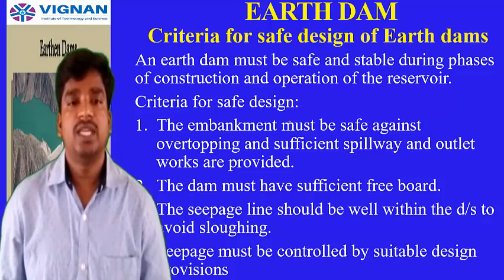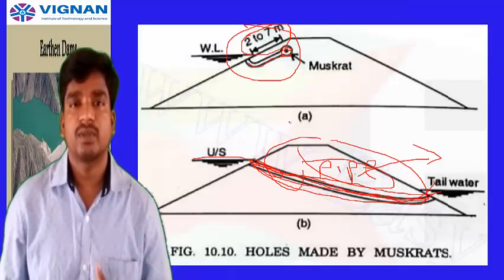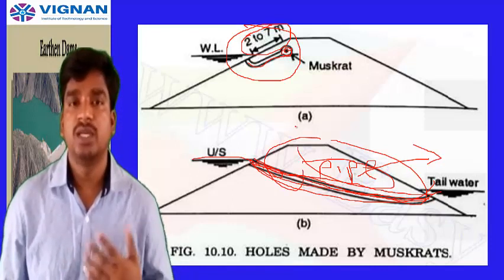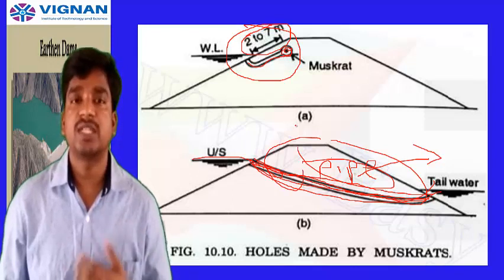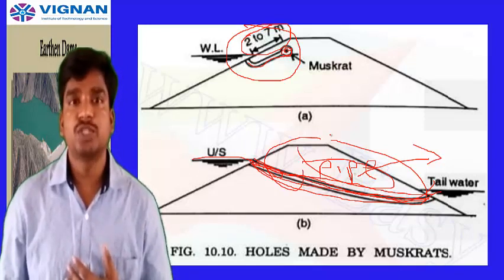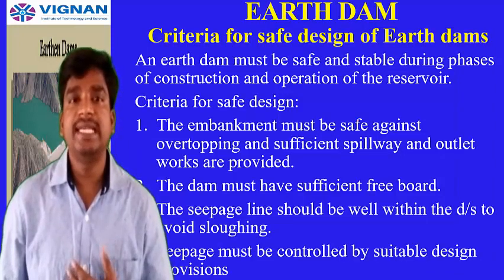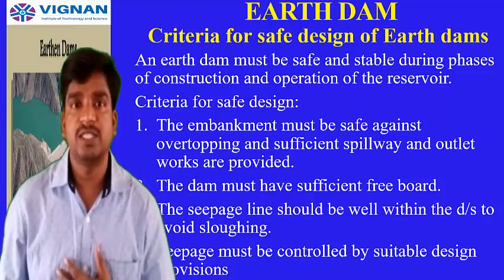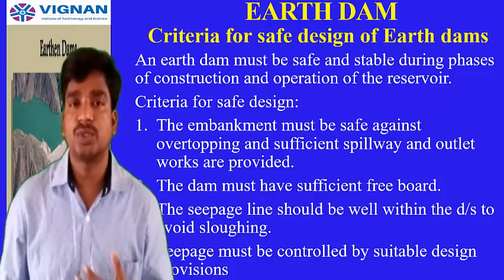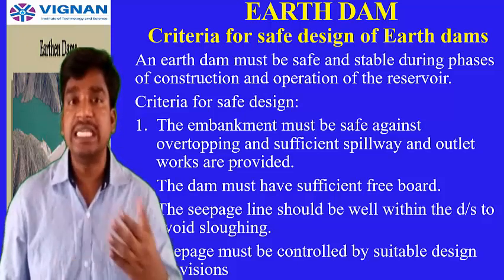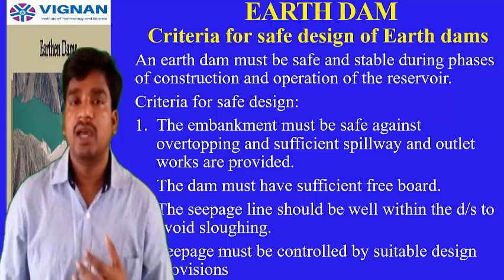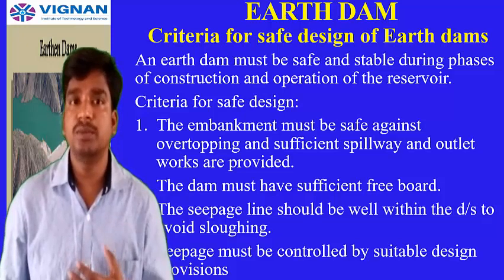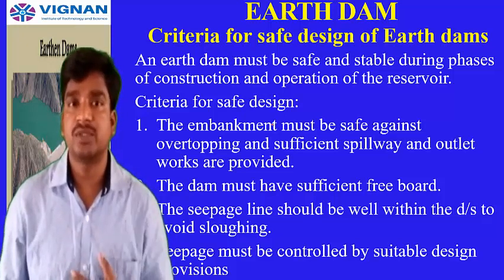Okay. Now these are the important points, right? Important failures to be considered in the design: three important failures, hydraulic failures, seepage failures, and structural failures. Now let us move on to one more important topic, that is criteria for safe design of earth dams. Already we have seen so many different failures. So in order to overcome those failures, which criteria do we need to follow? Each one has a distinct behavior, and each one is causing failure to the earth dam. So how do we overcome those problems and get a safe design for earth dams?